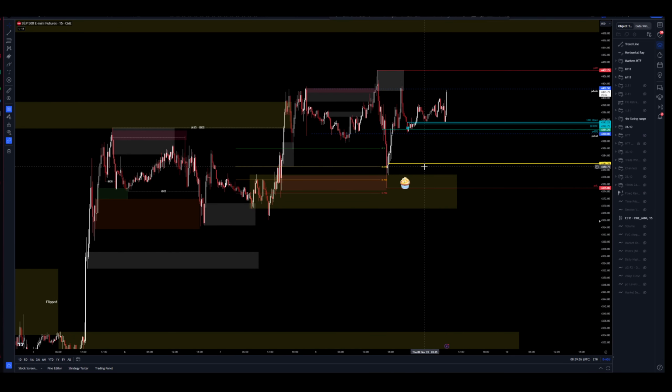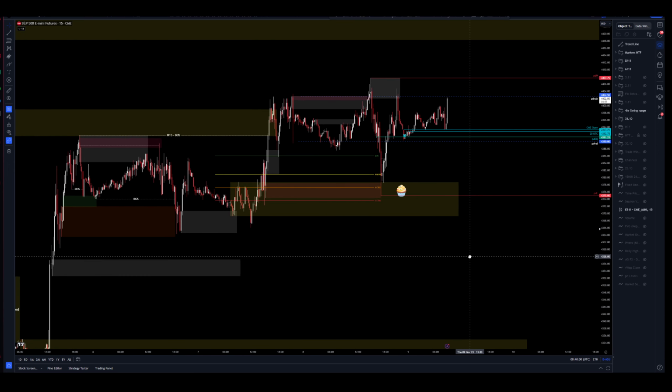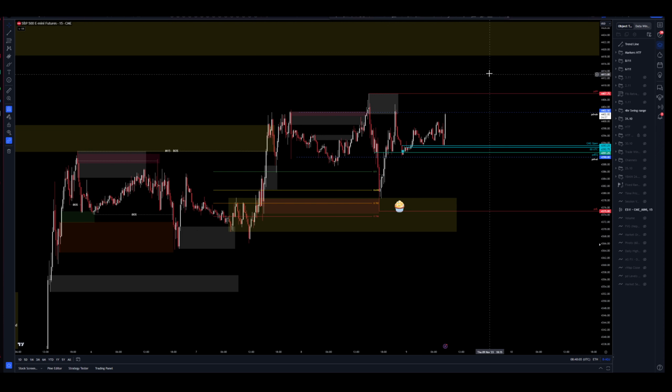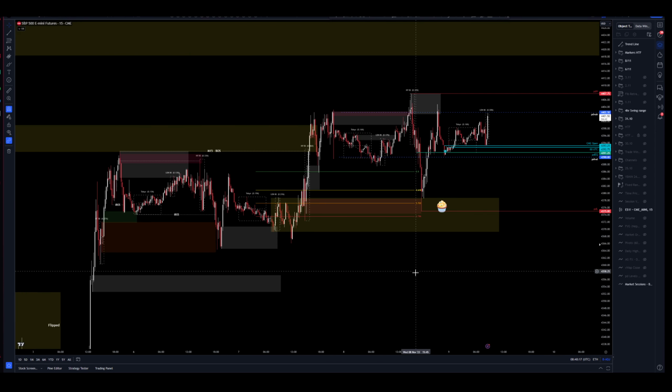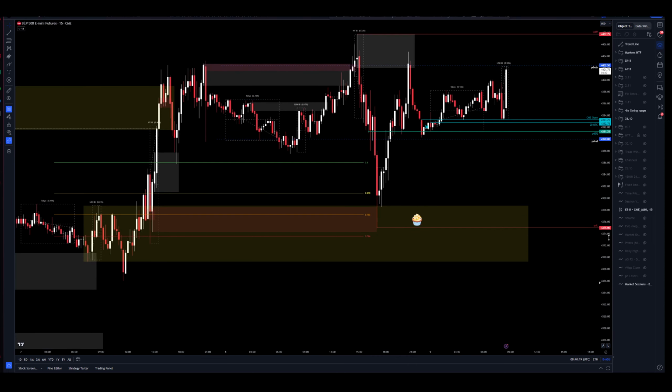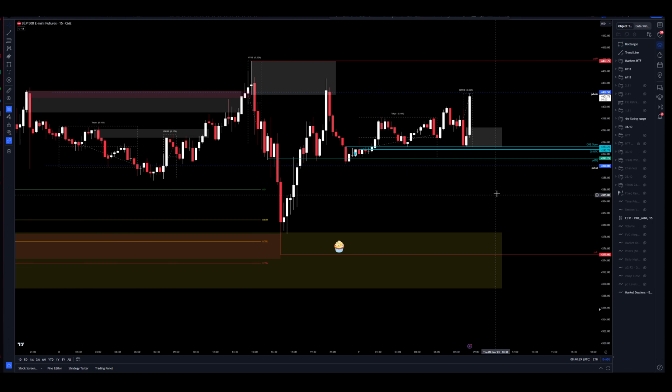Levels to watch potentially for today. That was my trade. Let's get rid of that. Levels to watch. Again, just so wary of the short side right now, so I would ideally like to look for long opportunities. You're only an hour into the London session, so let's take a look at that. You're testing the previous day value area high right now, so potentially a little pullback. If you do get back into this zone here, there's potentially a nice chunk of demand there.